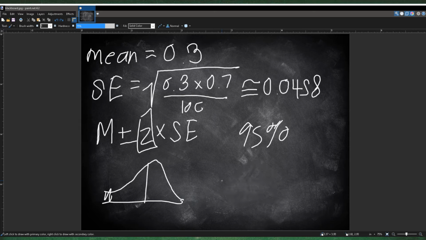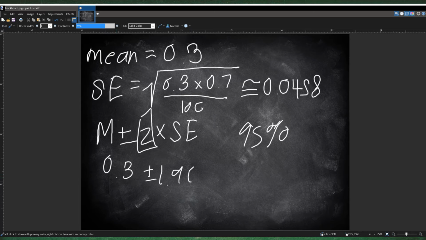So you write the area is 0.975, and you're just gonna leave the mean as 0 and the standard deviation as 1, and then you're gonna get a z-score of 1.96. And then basically you're just gonna do the math on this. So you have the point estimate, which is 0.3, plus or minus 1.96 with 95% confidence, times the standard error,